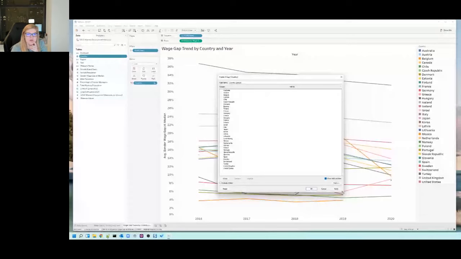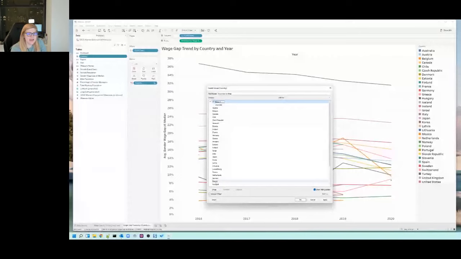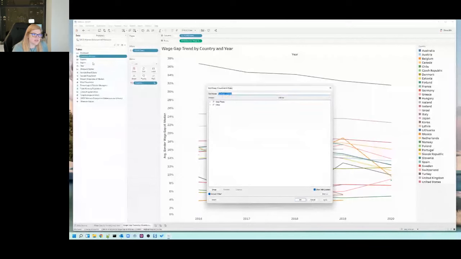And we're going to start grouping them together. And what I'm looking for are countries that have data for that entire 5-year span. And I actually have a cheat sheet over here on my secondary monitor of those. I know for sure Australia is in it, so I'm just going to go ahead and first click that. I'm going to click group. So I'm going to just call this keep these. And then I'm going to check this box called include other. What that will do, so you'll see this paperclip icon, that denotes that there's actually a group. Let me go ahead and click apply so you can see over on the left what is happening here. There's a paperclip